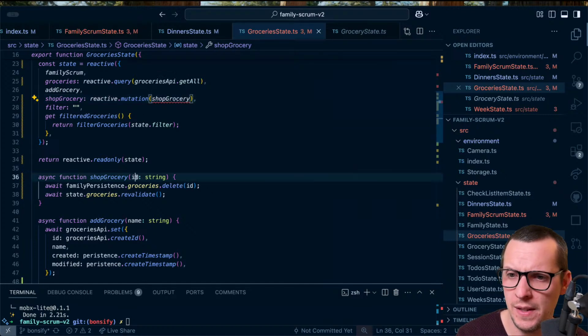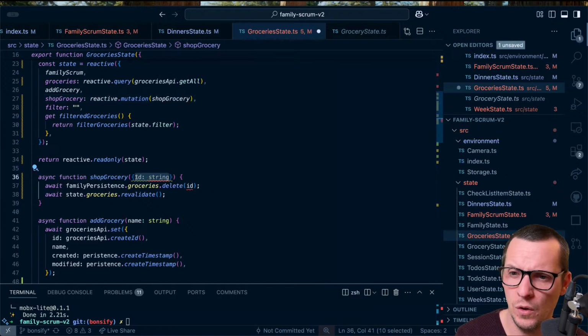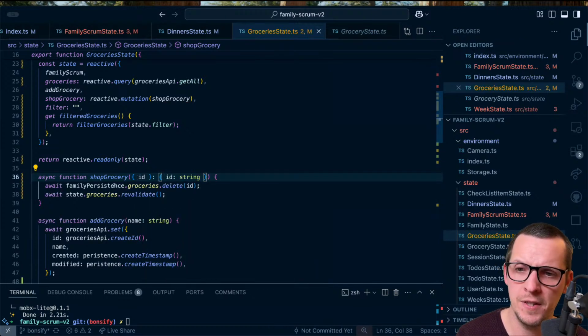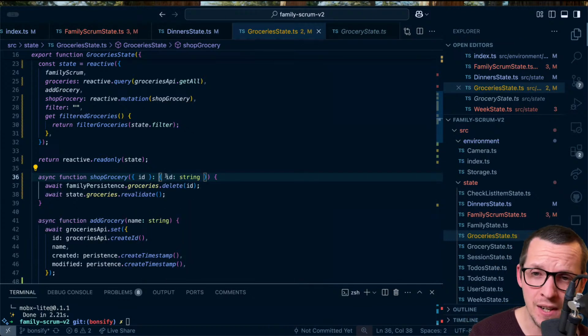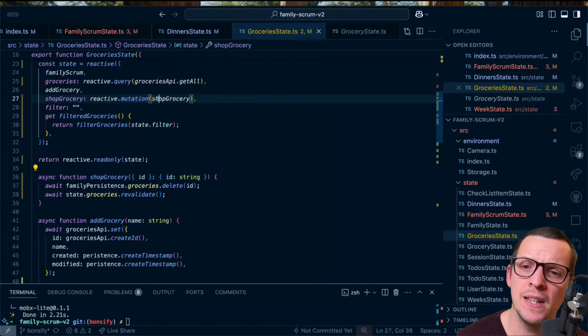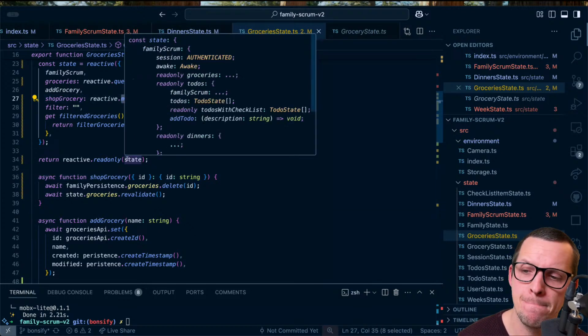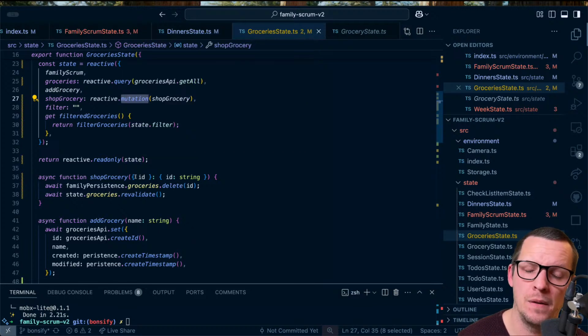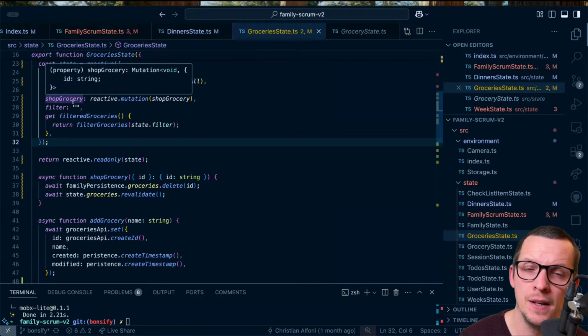Oh, yeah, sorry. So this needs to be an actual object. Because I've said that we could change that so that the mutation doesn't have to be an object. The point is that shop grocery now is a mutation, and it shows you optimistic params. And I don't want that to be an array. That feels weird. So to me, it's better to make that like,